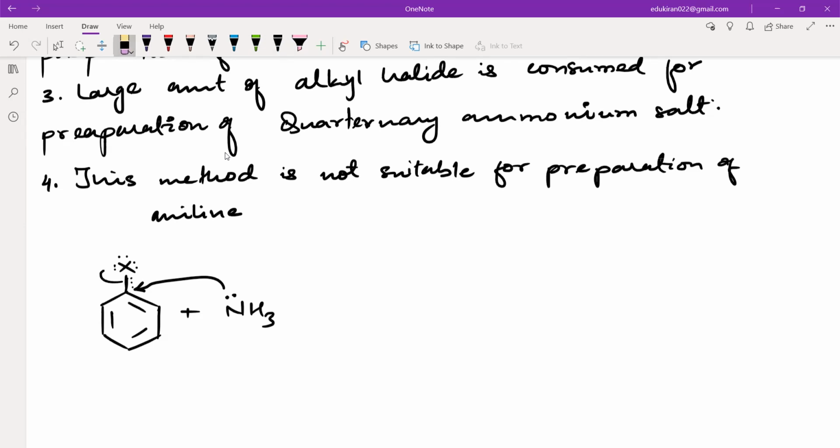So all of the reasons are the same as what we studied about why aryl halides do not give nucleophilic substitution. So the reaction is not going to happen here. So this is the first method of preparation. Let us write the second method of preparation, that is